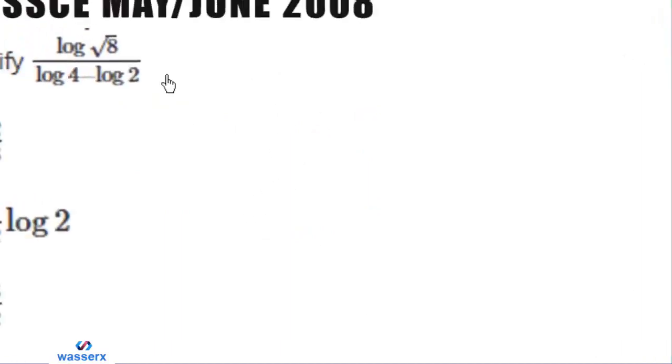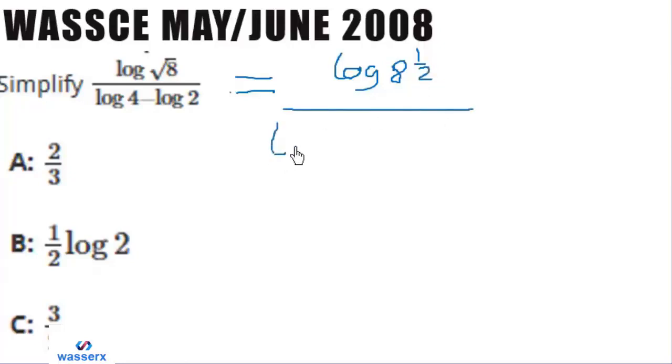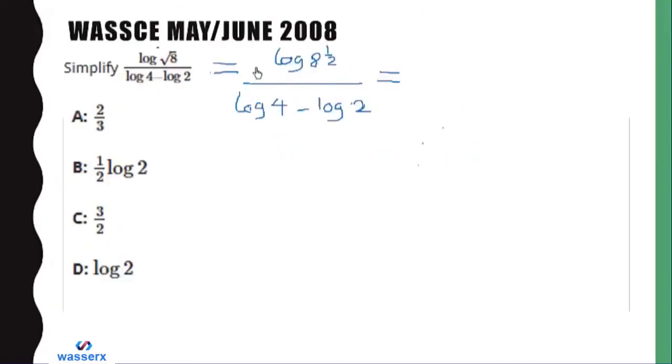Now let's look at this one too. You want to simplify this, so you are going to get log, this is the same as log 8 to the power 1 over 2, all over log 4 minus log 2. So we now apply the laws. This power will come and multiply. So we have